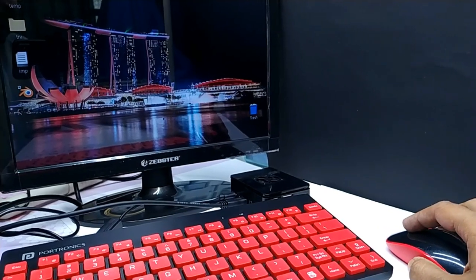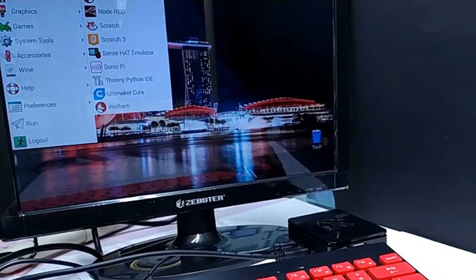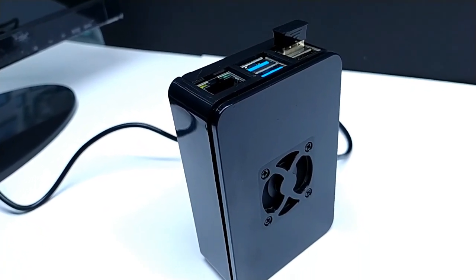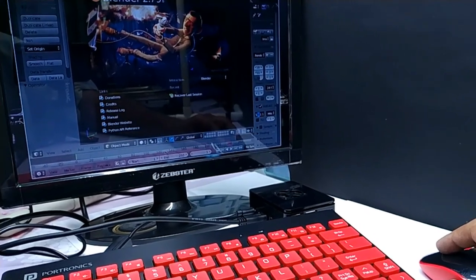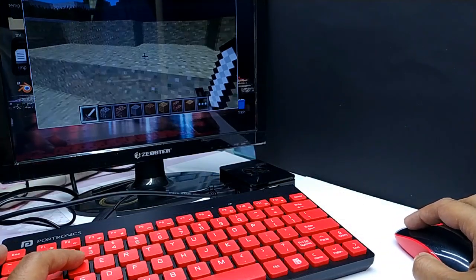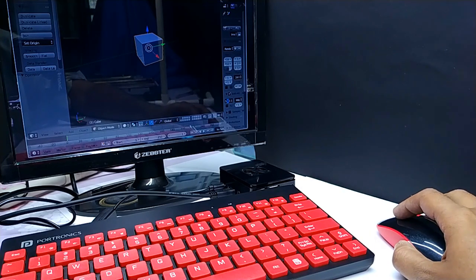In this video, I am going to show you how you can make a very low budget desktop computer using Raspberry Pi. Raspberry Pi is a popular single board computer. At first, I want to tell you what works you can do with it and what not. I am also going to discuss gaming on Raspberry Pi, so you can easily decide whether it is really useful for your work or not.